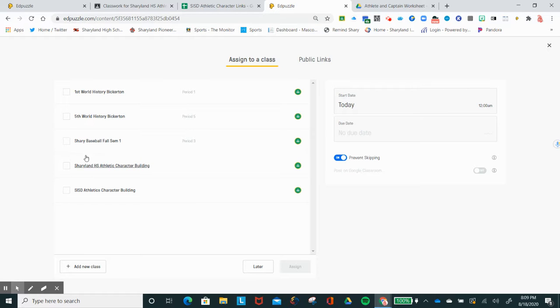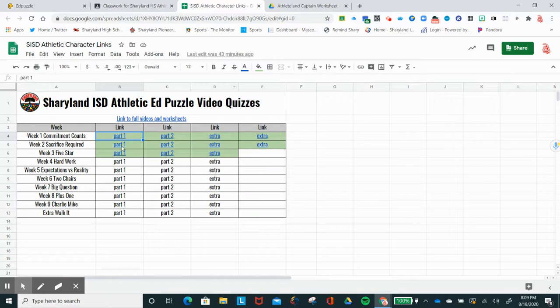So you're going to assign it to your class. Hopefully, again, you went through the different Edpuzzle training. You can change the dates, when it's due, and everything else. But the only way you're going to get these classes in here is to upload the classes from Google Classroom, and then you'll have all these different classes in here. So you would just click on this, do the dates, and then make sure that you put post to Google Classroom after you get everything done. That way it'll be posted to the kids in Edpuzzle, and it'll be posted to the kids inside their Google Classroom. All right. So that's how you use this.